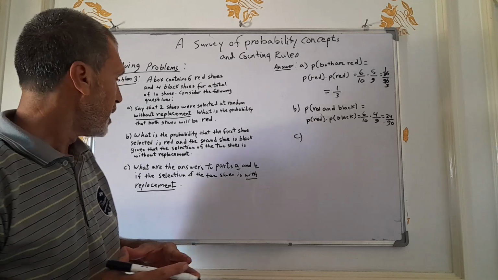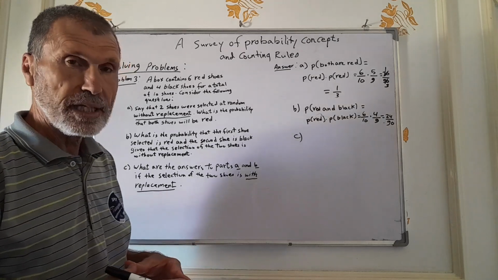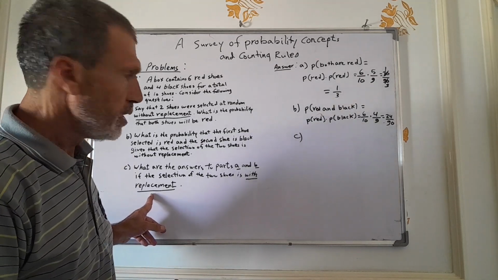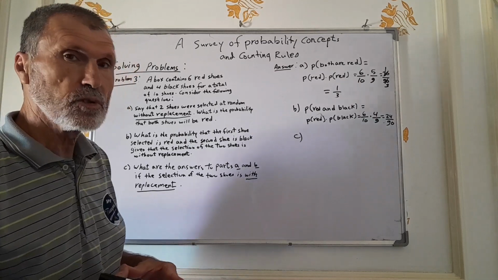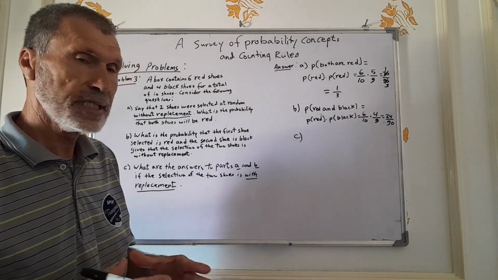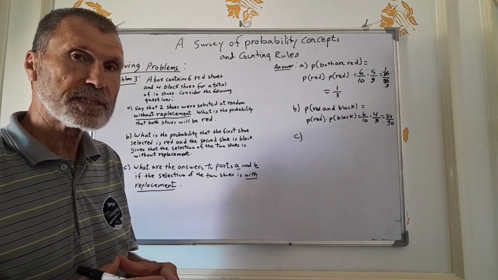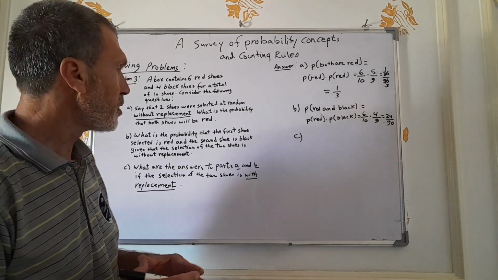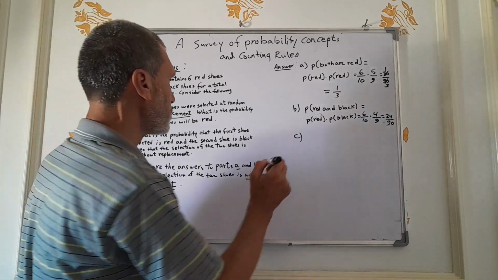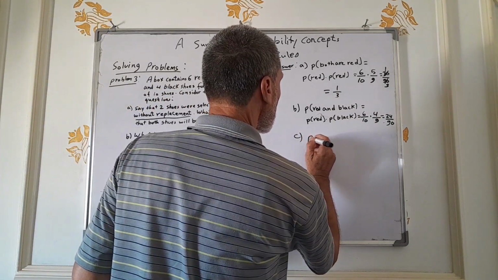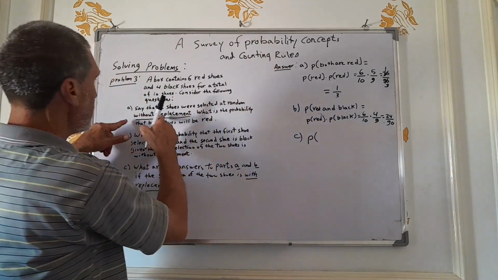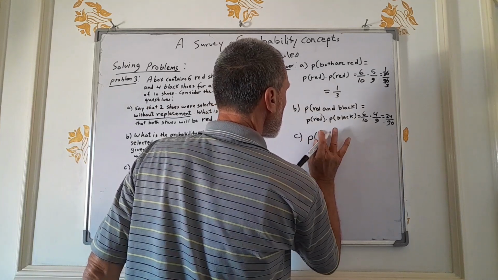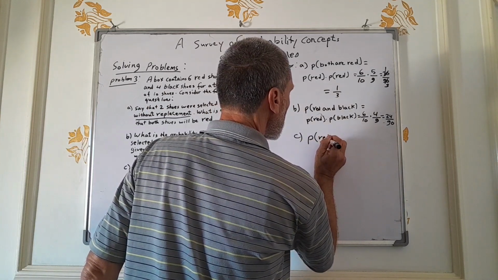However, when the selection is with replacement, we use not the general rule of multiplication, but the special rule of multiplication, because in the special rule of multiplication the events are independent. Therefore, the question will be as follows. The probability that both shoes will be red, the probability of red and red